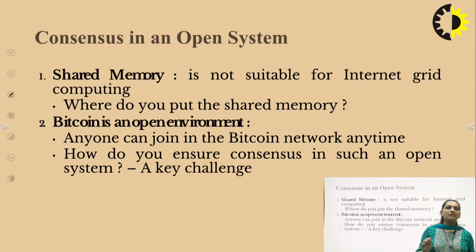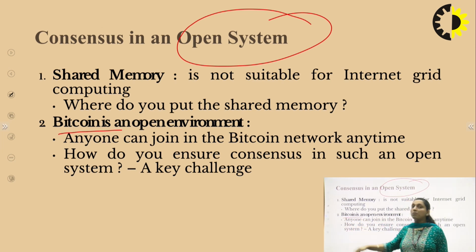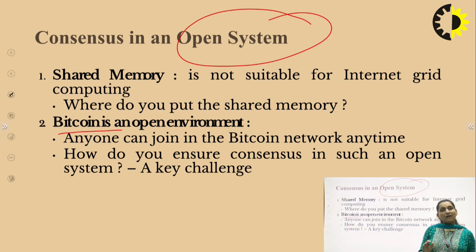Now consider a consensus protocol in an open system. This is a problem for us when we have a consensus protocol in Bitcoin. We will see what problems arise. We have two environments, synchronous and asynchronous. A problem arises in the asynchronous case because we do not have an upper bound. If it is synchronous, we get a deterministic result. But when we apply consensus to an open system, as in Bitcoin, we don't know each other. The Bitcoin environment is a permissionless environment.